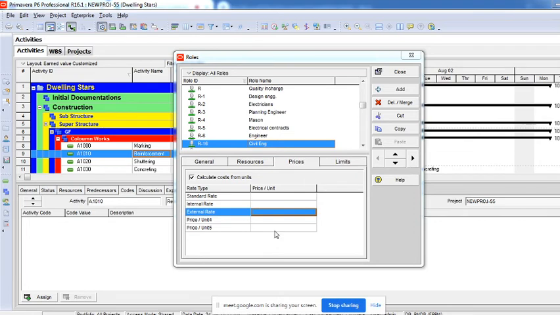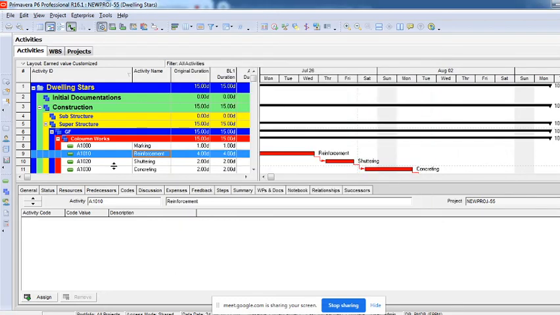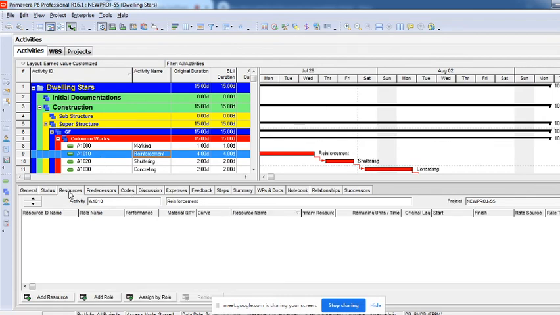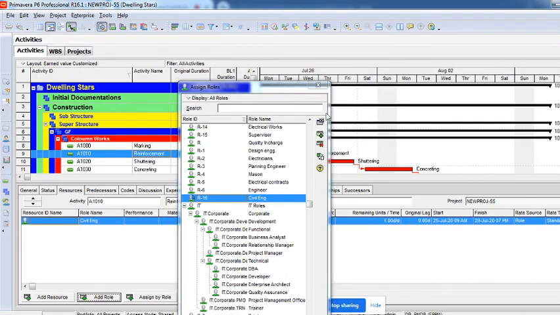Okay. So then you can give the cost, then the limitations. You can add the limitation and tell how many civil engineers maximum can be working on this particular role. So that is how it can be created. And then when you click on this activity to assign it, you will have to click on this detail window, Resources. Then if you want to assign a role, you will have to click on Add Role, and then click on that role which you have just created, and then click on Assign, so that particular role will be assigned onto this, right?